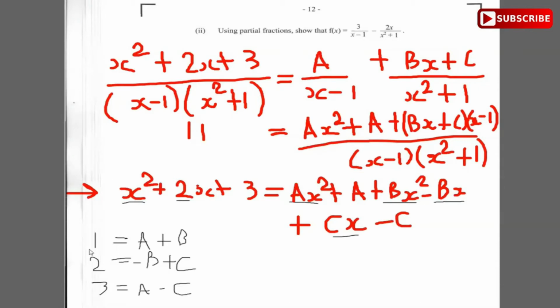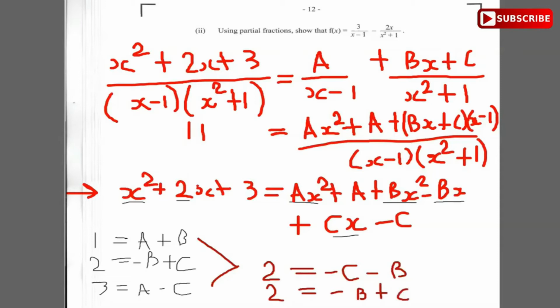From the first and the third equation, I'm going to subtract them, equation 3 minus equation 1. That will give me 3 minus 1 is 2. A minus A gone, and so I'm left with minus C minus B. So 2 is equal to minus C minus B. But I also have 2 is equal to minus B plus C. Nice. So that means if I add these two equations,